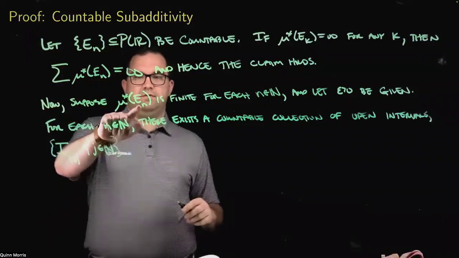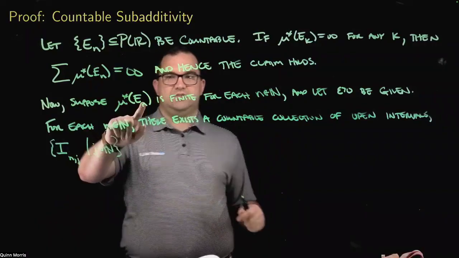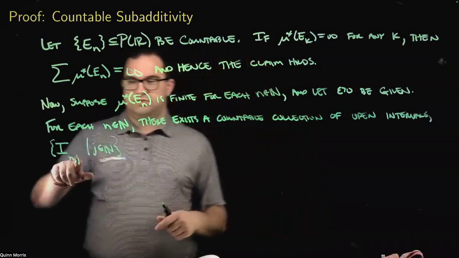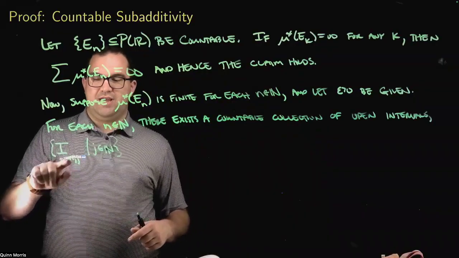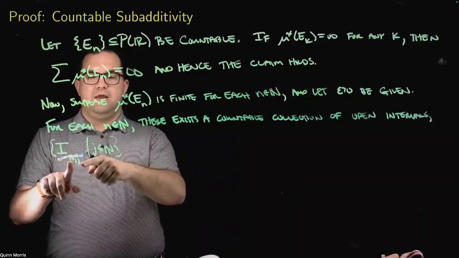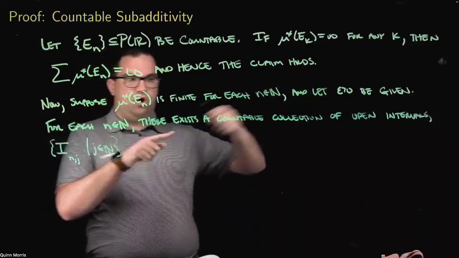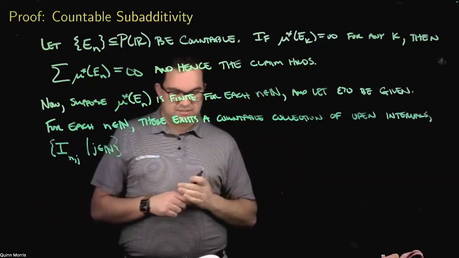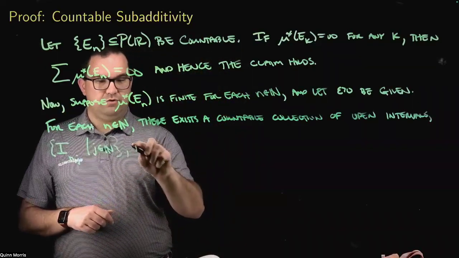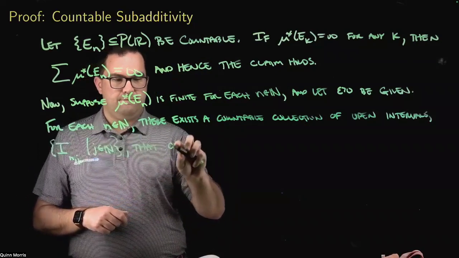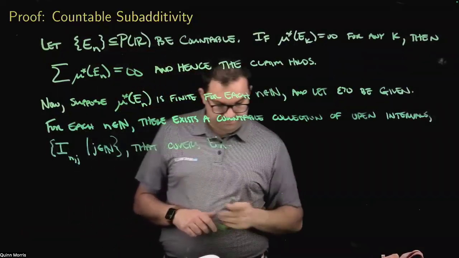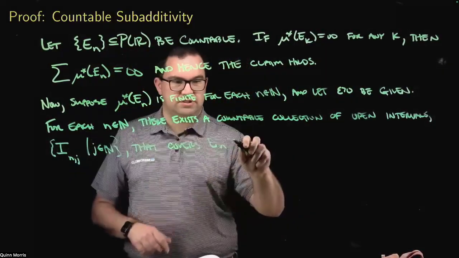So for each of these sets, each of the E_n's has a countable collection of open intervals. I'm calling them I_{n,j}. This n signifies that this is the one going with E_n, and the j counts all the different open intervals in this collection. So that covers E_n, such that